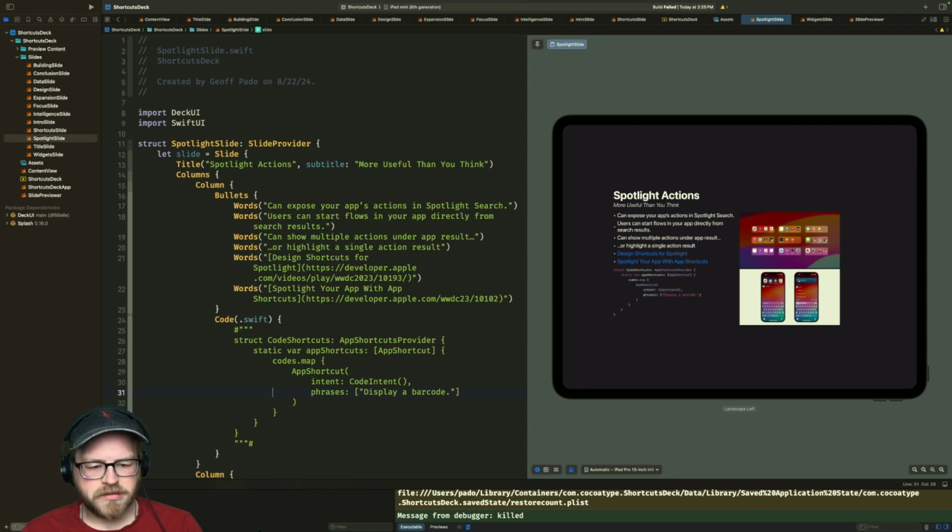What is this going to look like? It looks like maybe we got enough space. Okay, so codes.map, code in, code intent, code, display, code.name. Yeah, okay, that looks fine.